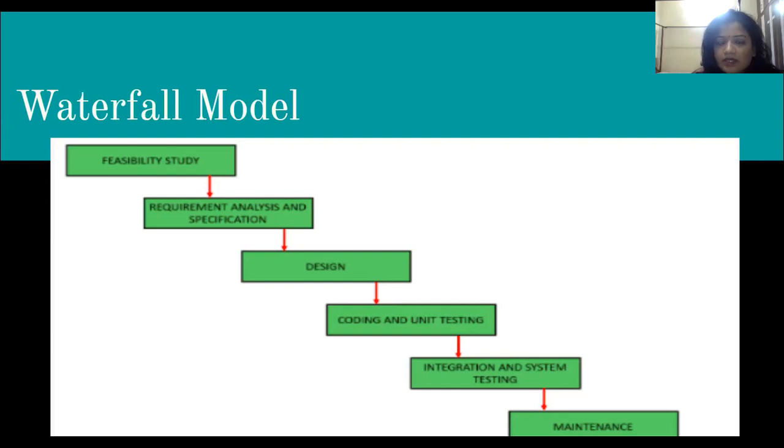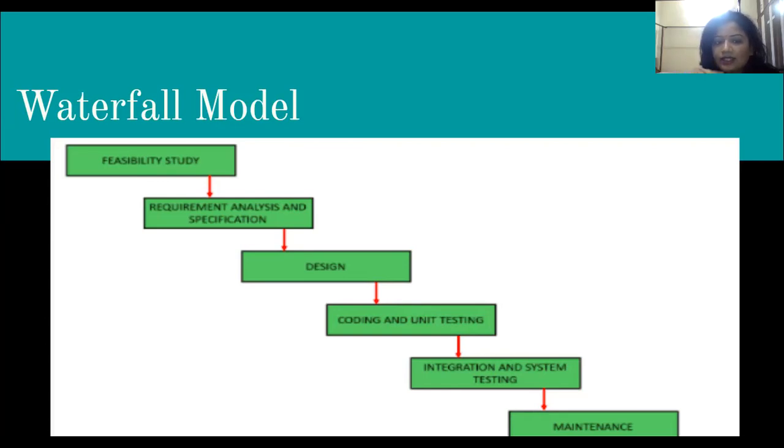And the name suggests waterfall model. It's called waterfall because in a waterfall, the water that has fallen comes in a downward fashion and you can't go upward.